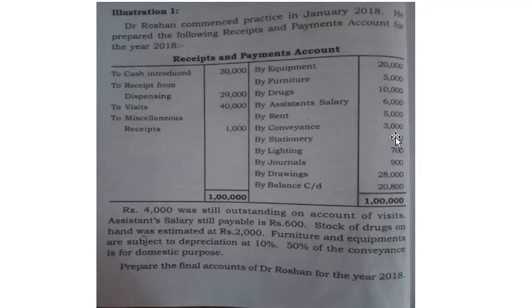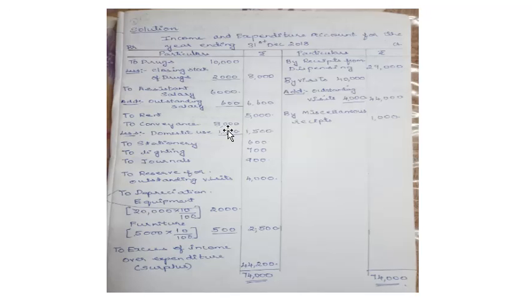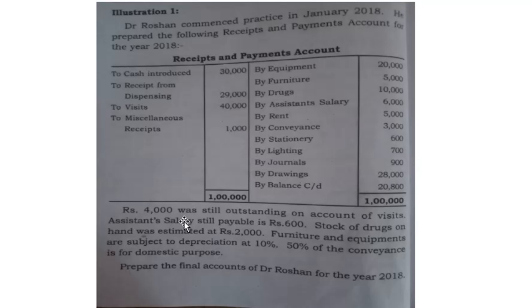Conveyance. Conveyance is nothing but traveling charges from here to there. So the doctor will be traveling from one place to another, from one clinic to another clinic, so they will be spending something, so that is 3,000. So you have to write here conveyance charges 3,000. Then you check, is there any adjustment for conveyance? Yes, there is an adjustment here. See, 50% of the conveyance is for domestic purpose. What is the meaning of domestic? Domestic is for own purpose. It is not for his clinic, not for his profession. It is for his own use. He has to spend